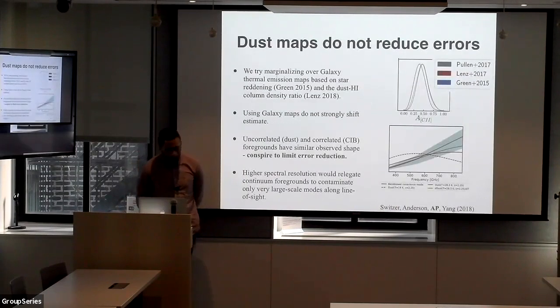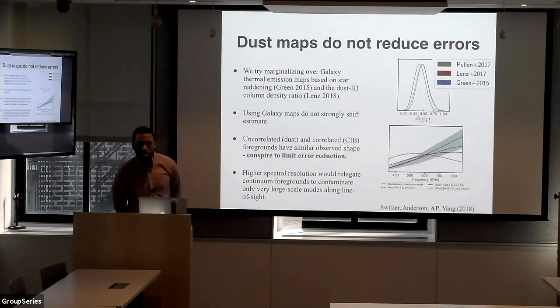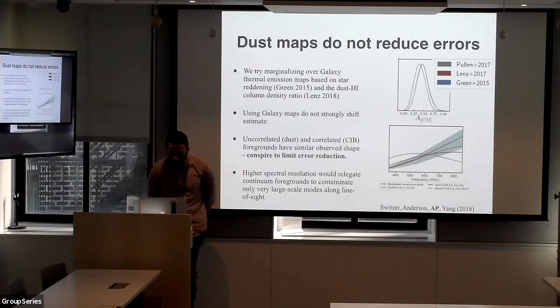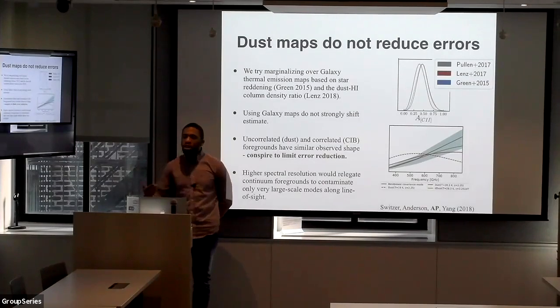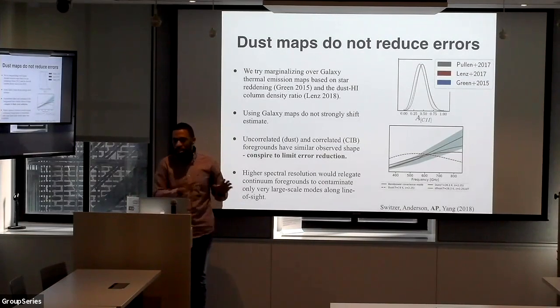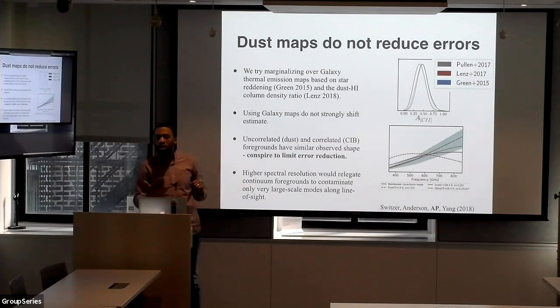In a later paper, this is work that I started collaborating with Eric Switzer, and also my student Sheng-Shi Yang was a collaborator on this. One thing we considered was, well, could we improve this? Because when we did this previous analysis, we didn't consider if we could remove the Milky Way galaxy from the errors. So any foregrounds existed in the errors, even though they fell away from the signal. So we wanted to say, well, could we actually do a better job to remove the errors?